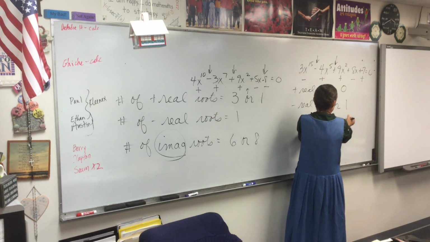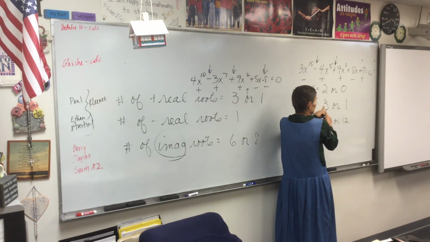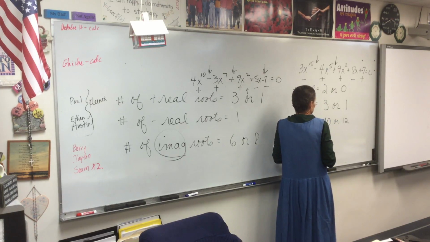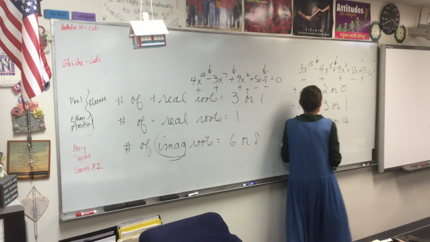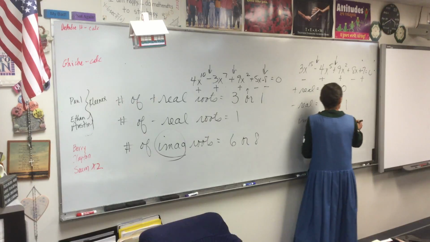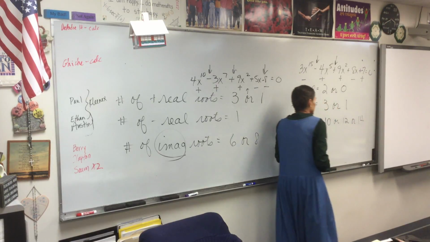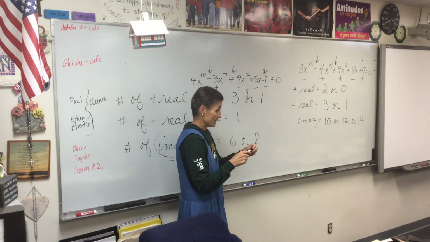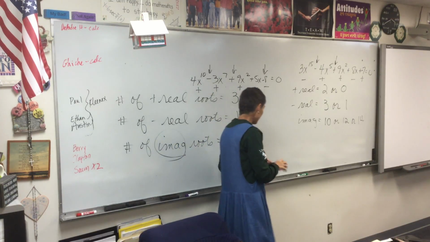That would leave room for 12. What if you have 2 and 1? That would leave room for 12. I don't have to write it again. What if I had none in 1? That would leave 14. Notice that bottom row is all even, which is exactly the way you